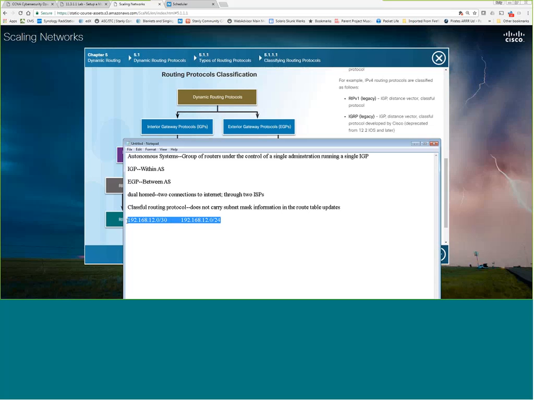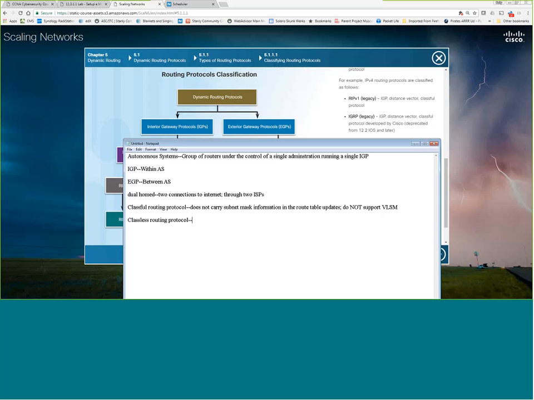So remember, here's one thing. Classful routing protocols do not support VLSM. They just look at the network from a classful standpoint. Is this an A, B, or a C? And then it will advertise that. And we're going to see where that causes issues here in a minute because they can cause some serious issues